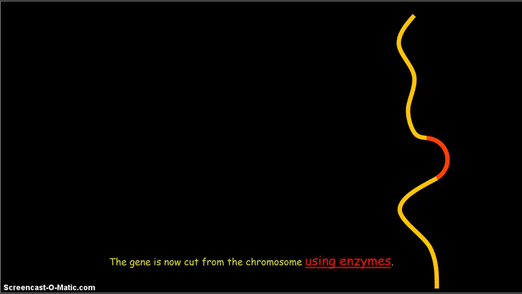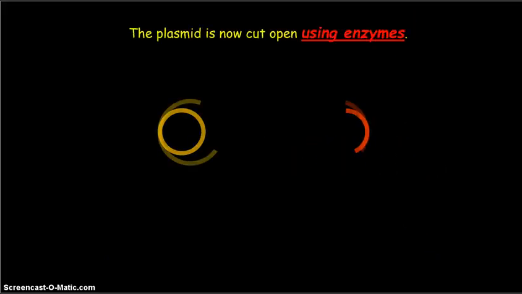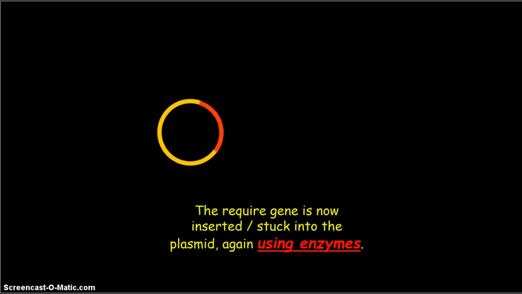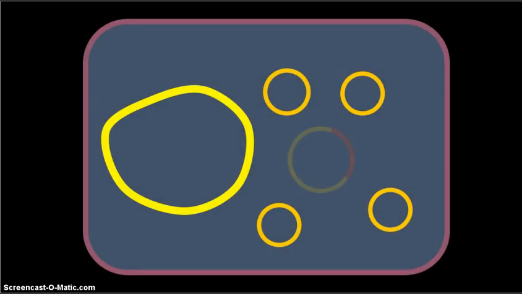The required gene is identified and cut out using enzymes. That required gene is then placed into the plasmid. The plasmid's opened up using enzymes, and different enzymes enable that gene to be inserted into the plasmid. The plasmid's now taken and put inside another bacterial cell, usually of a different species,